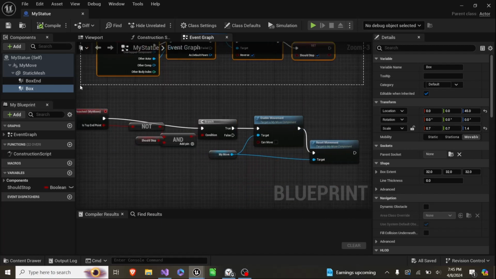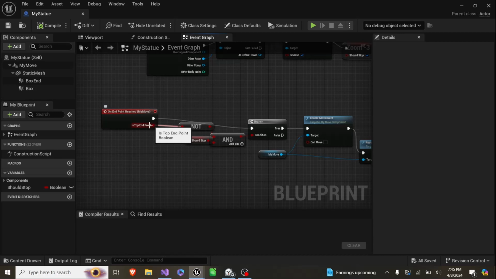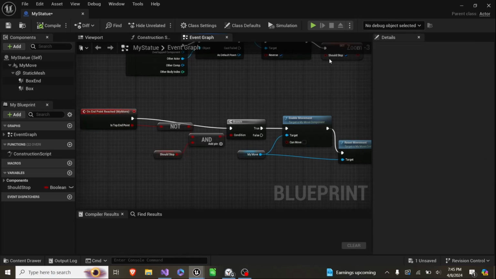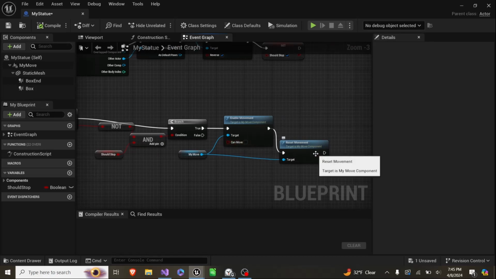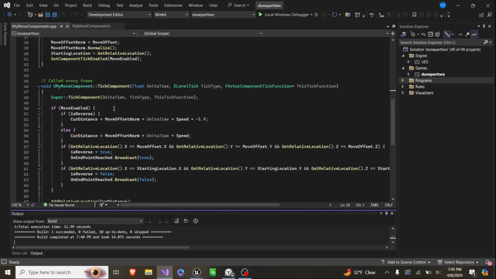And then down here, we have a custom event I made through a delegate in the C++, and we pass a function in, is top end point, as a boolean. So if it's not, which means we're not at the top end, and we should stop, so up here, then if that's true, we enable movement and we set it to false, and then we reset the movement. And in the C++, I'll save this, we can see,